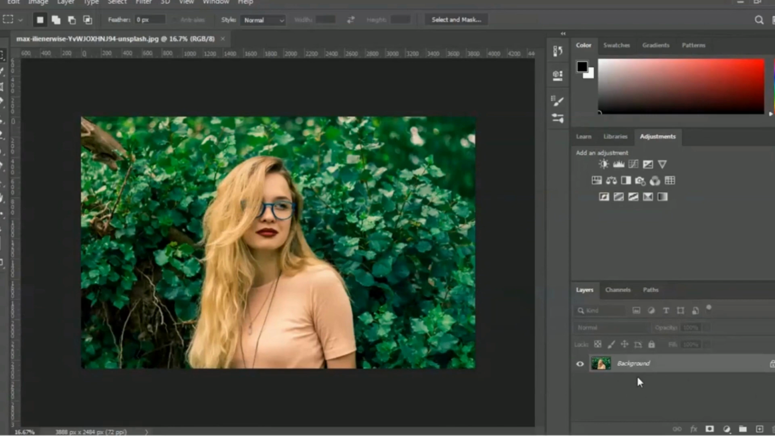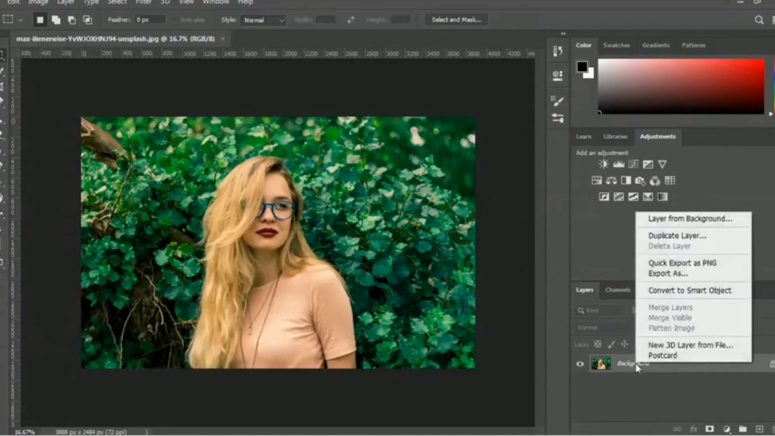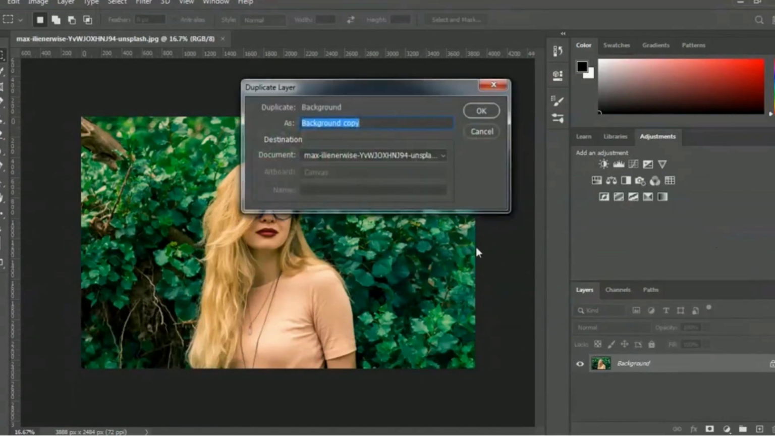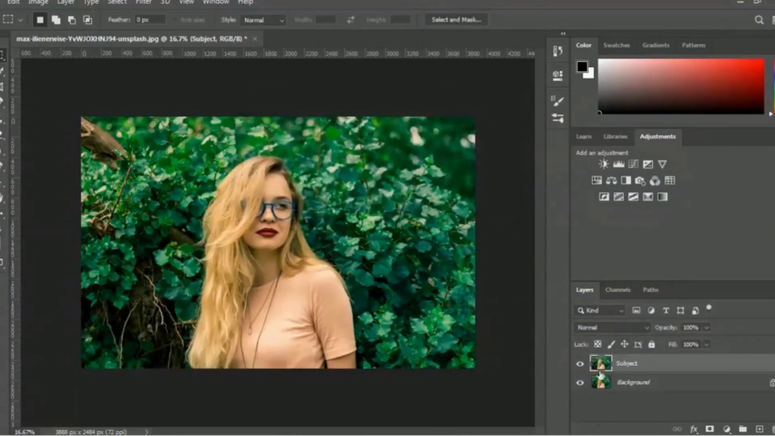So here is the layer in our layer panels. We have to duplicate this layer, and therefore you have to right click on your mouse and then you will get this duplicate layer option. So I'm selecting this duplicate layer option and we will write this layer name as a subject, and I'm selecting OK. So you can take a look, a new layer is created,